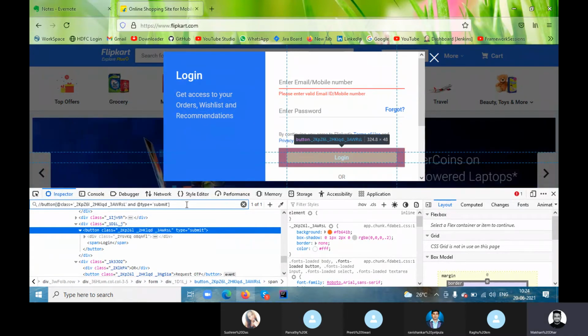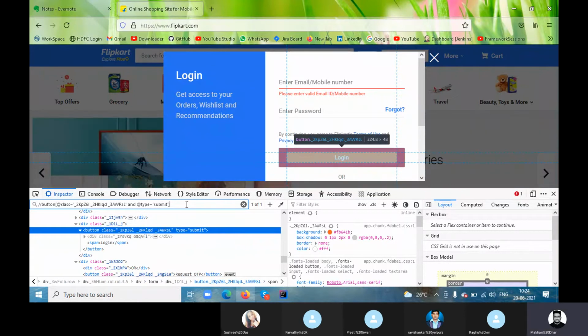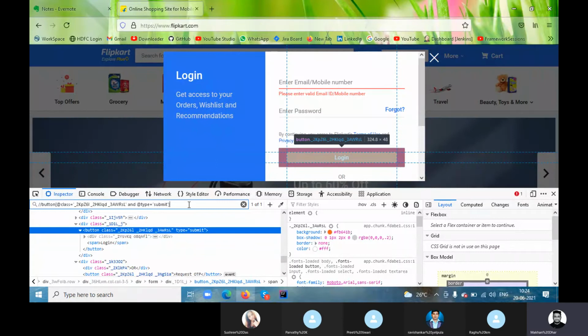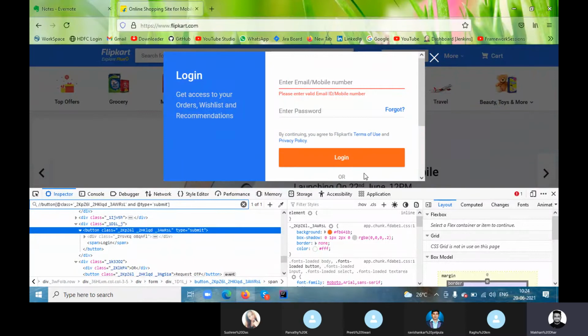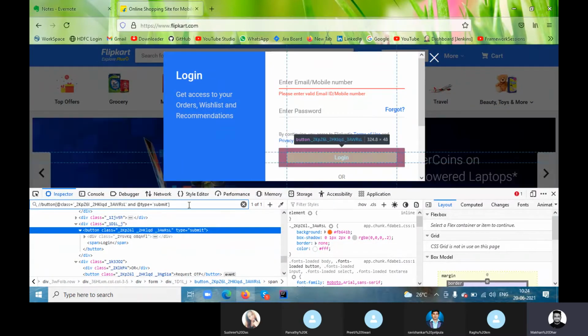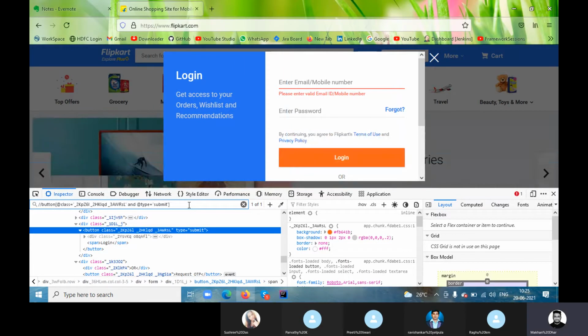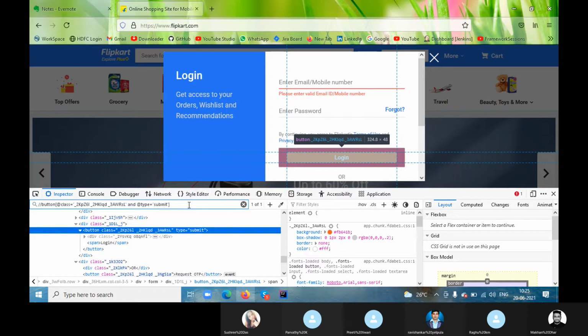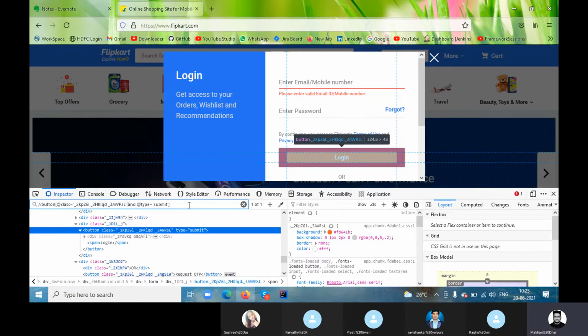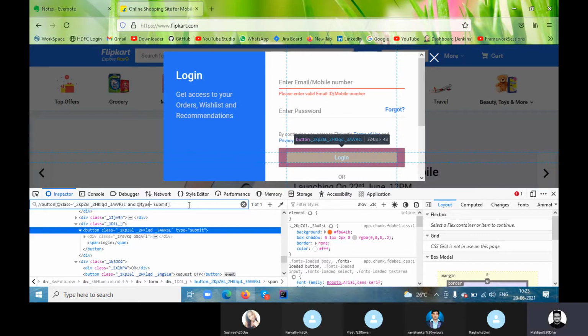Can you see it is coming to the correct one? Once you press enter after completing the XPath, it will detect here only. Now it is not there. I am not doing anything here, I am just clicking on this and pressing enter. It is pointing to the particular location. So this is one way to make it unique.